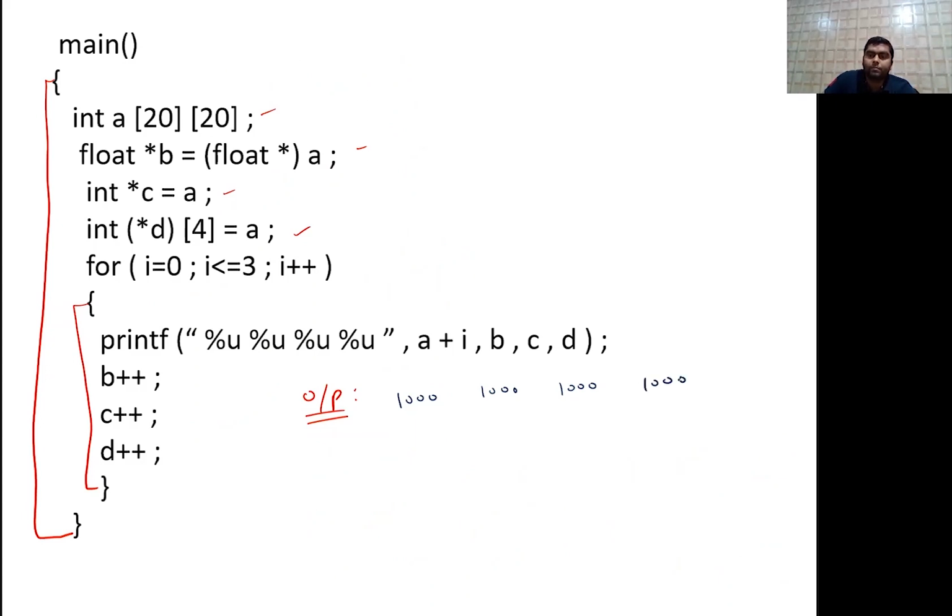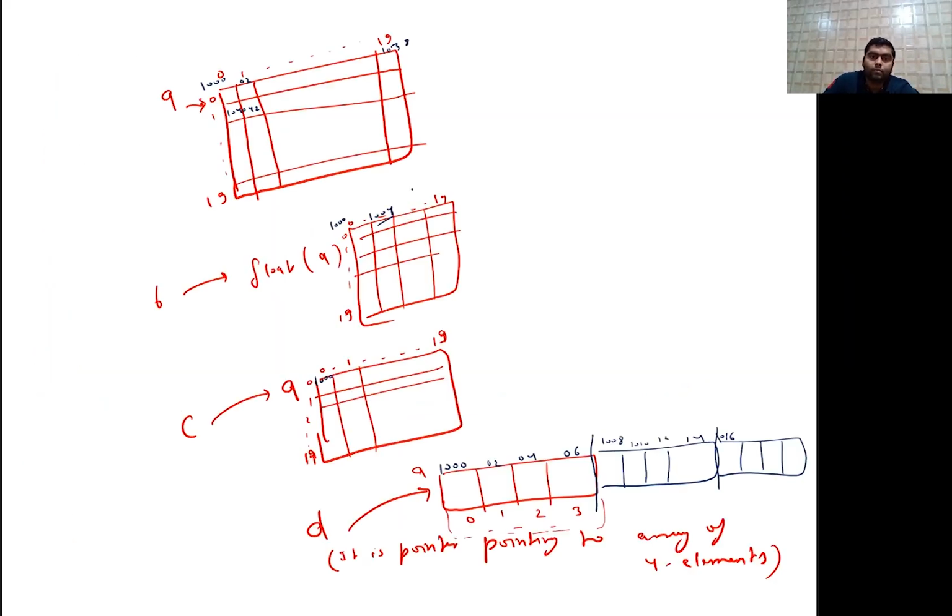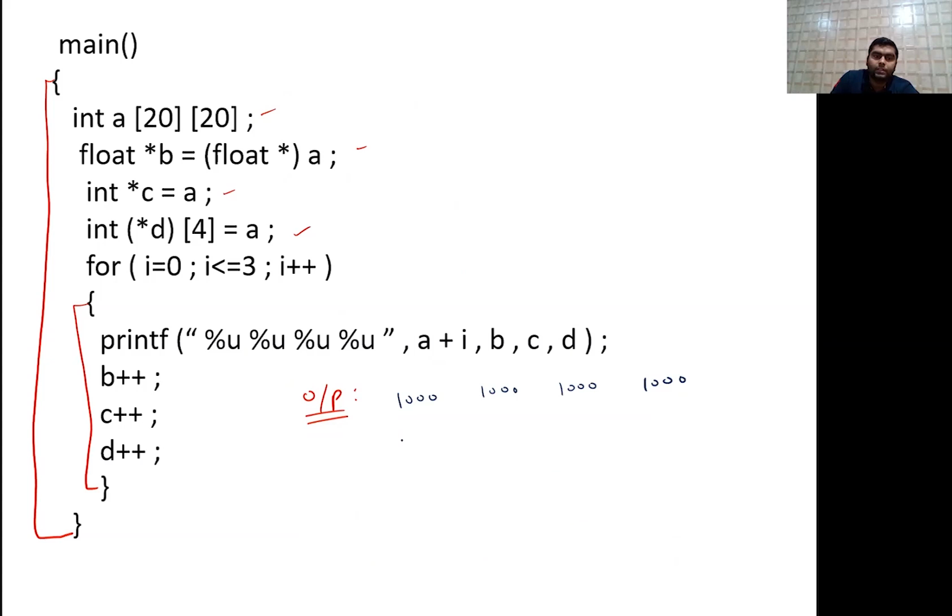Now observe very carefully. Now we are increasing B. So B plus plus. So what is B plus plus? B plus plus means B will point to the next element. So what is the next element? So B will move here, to this particular place. It is 1000 and B. So now this is B. So what is B? B will become 1000.